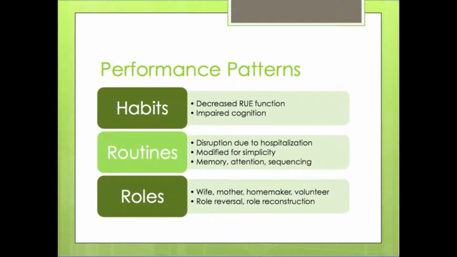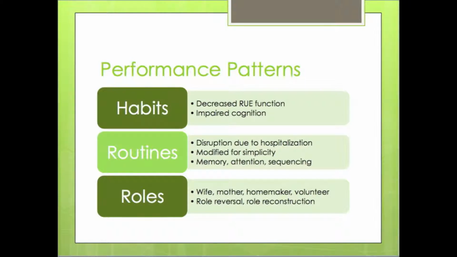Client J has been experiencing changes in her performance patterns, including her habits, routines, and roles. She is unable to carry out behaviors that she automatically did prior to her diagnosis due to impaired cognition and decreased function in her right upper extremity. Some behaviors she habitually performed that helped her to function on a daily basis are absent, which further hinder her